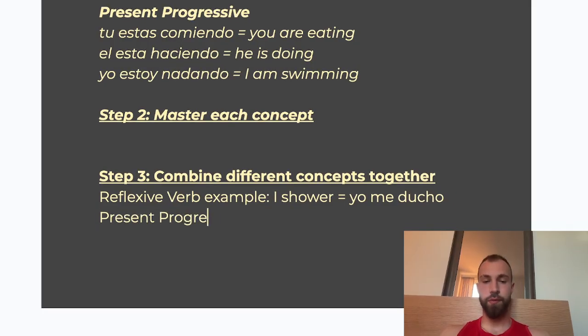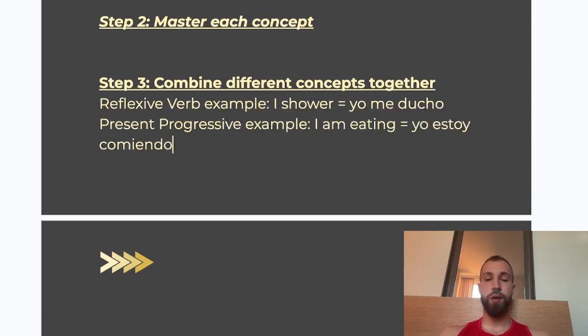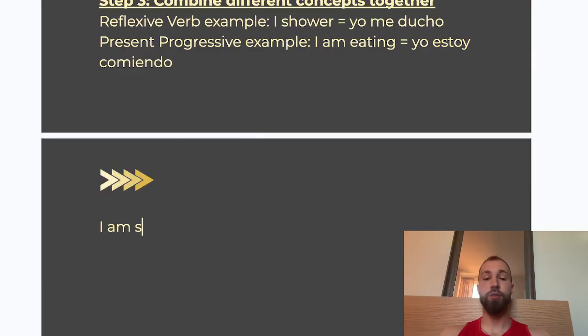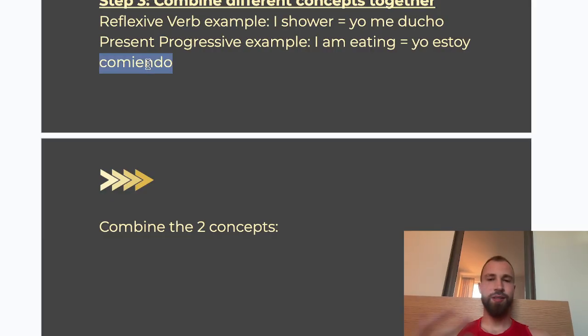Present progressive example. I am eating. Yo estoy comiendo. So now, what if we combine these two? In the sense of we combine a reflexive verb with a present progressive. So we want to say I am showering. Combine the two concepts. Okay, so we can't use the verb comer because it's not reflexive, so we have to